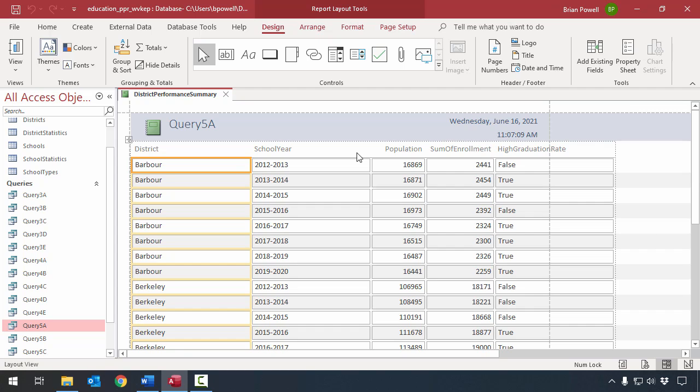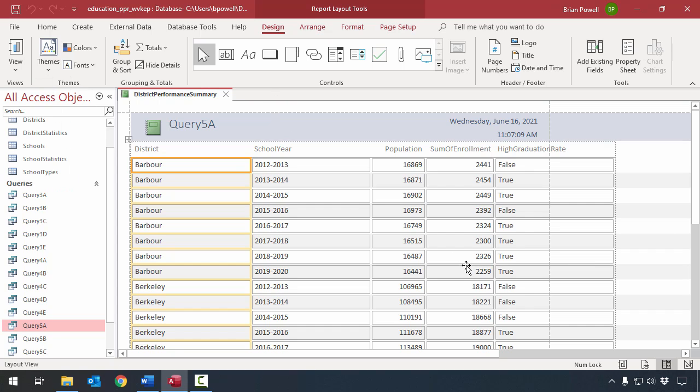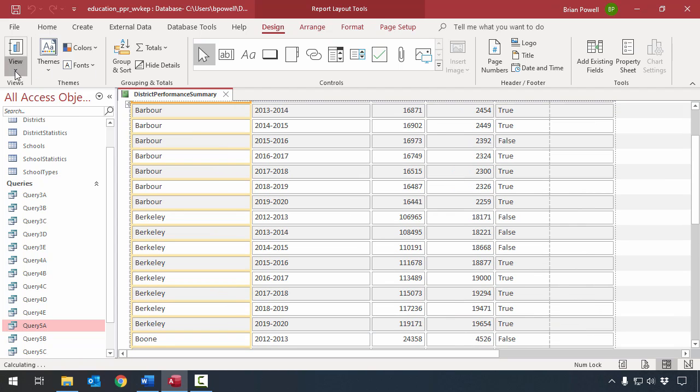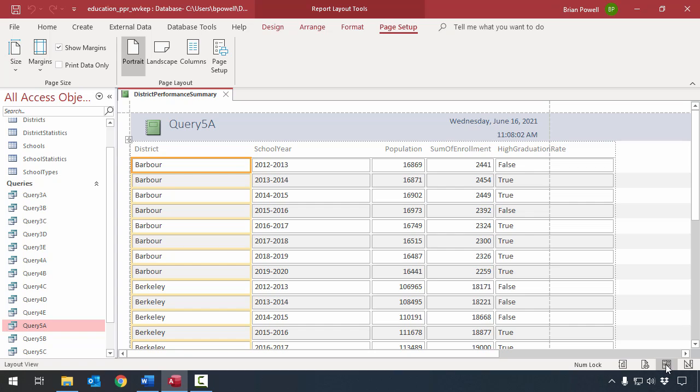Right now, we're in what's known as Layout View. Layout View allows us to see what our report's going to look like, essentially, and to tweak settings, sort of like when we were working with Layout View for forms. There are some other views. There's Design View, which really just allows us to position fields and things. Design View is not the most user-friendly, as you can see here, and it's probably not something you're normally going to want to work with. If you need to modify stuff, you're going to want to go to Layout View. I'm just going to use the button here in the bottom right corner to transition back to that.